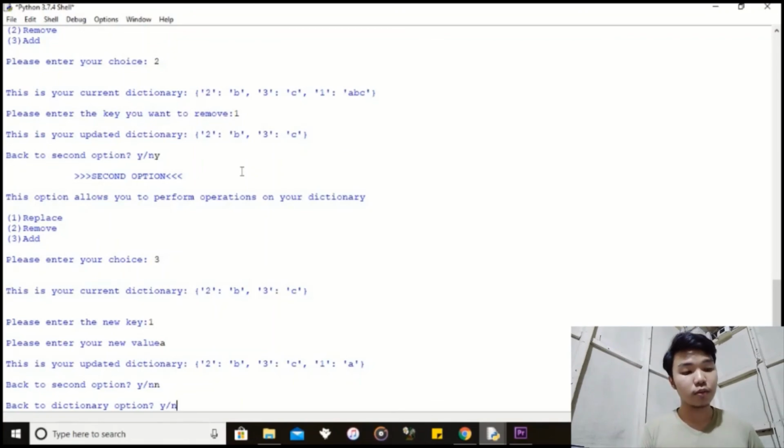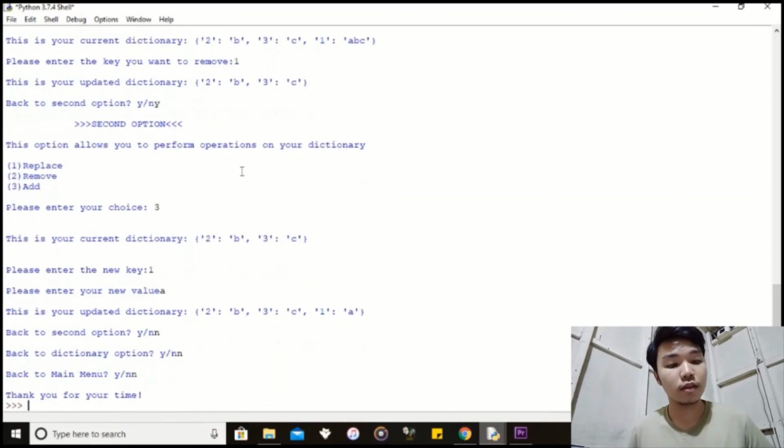The program will lead you to another option asking if you want to go back to the main menu. If you choose no, the program will end with a statement, "Thank you for your